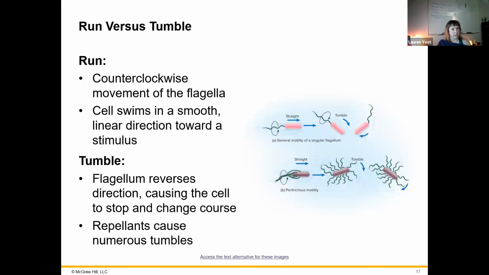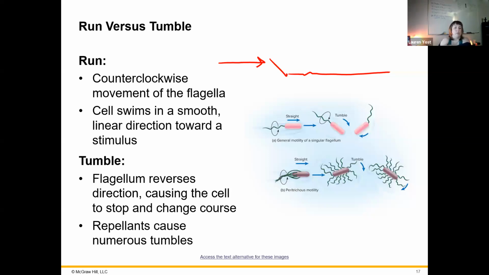Whenever we're using our flagella to move around, we move using the run and the tumble. The run is the counterclockwise movement of the flagella in a smooth linear direction. A tumble is we're going to be reversing the direction of the movement of the flagella suddenly. That will lead to a stop and a sudden change in course. So often you will go along, and then you will tumble suddenly, and then you'll start